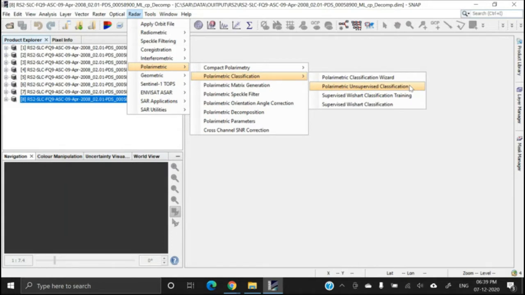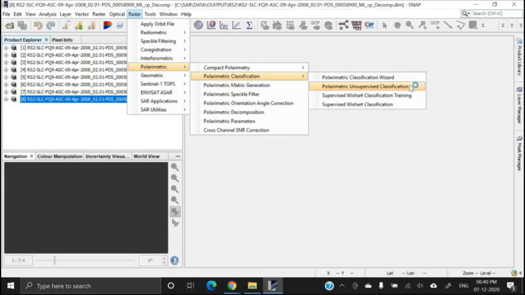In case of classification, as you know, we need multiple bands, and the classification will be better if we have many bands. But in case of single polarized data, you will have only one band, and in case of dual polarization, you will have only 2 bands. Therefore, single polarized data or dual pole data are not ideal for classification. Rather, it should be fully polarimetric data. If you have fully polarimetric data, then the image classification can be performed in a better way.